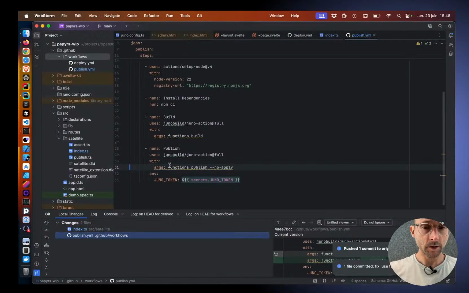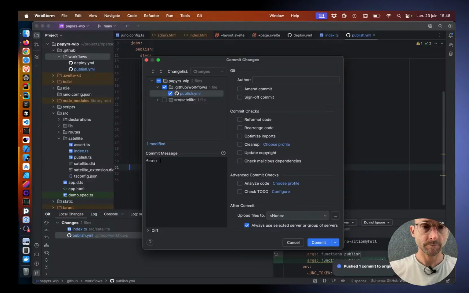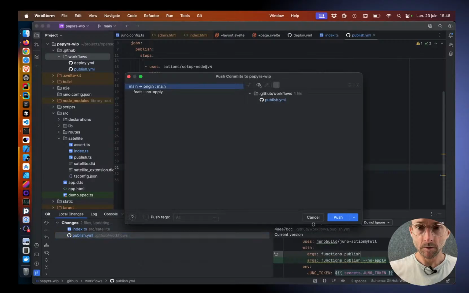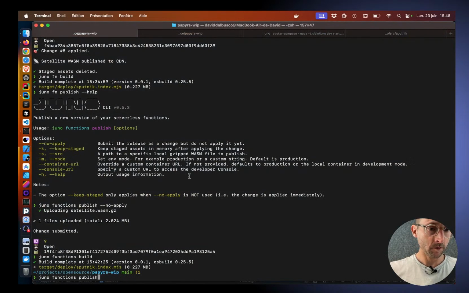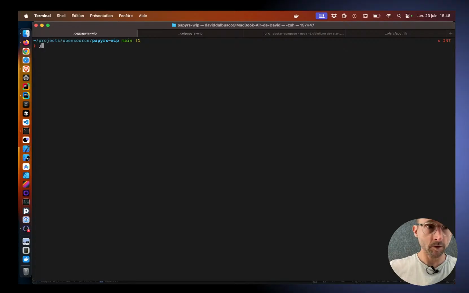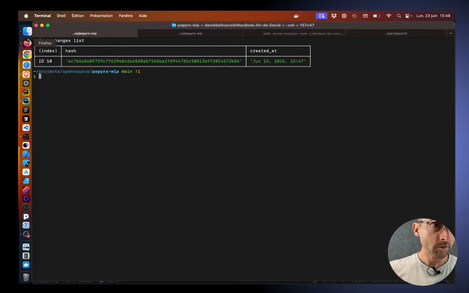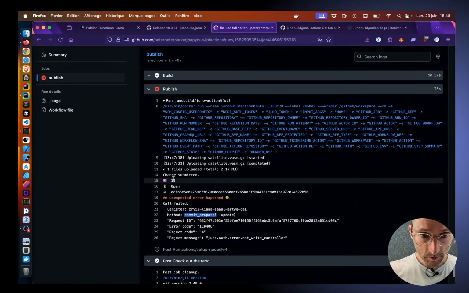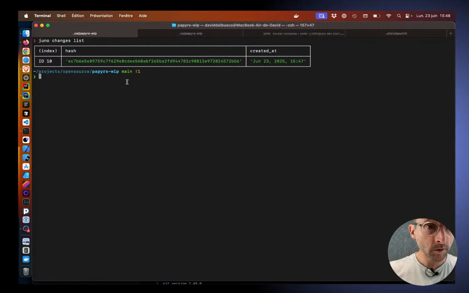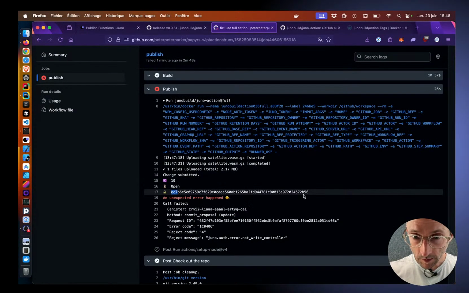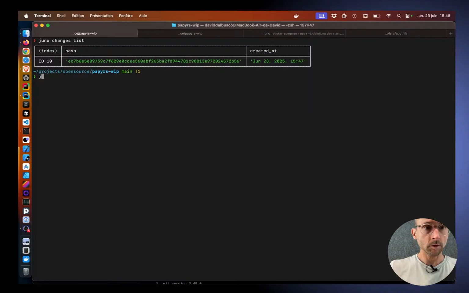So here, no apply. Okay, and yeah, let's apply that. Let's bypass the CSP, and here we're gonna do change list. Yes, was it 10? Yeah, 10, and that should be a C7, and B. Okay, so here we're gonna apply this change. Juno apply my ID 10 minus hash